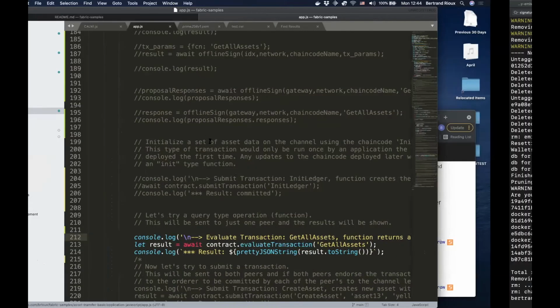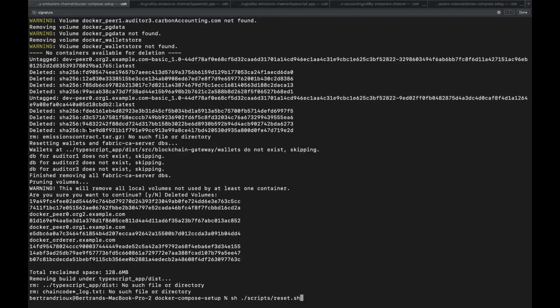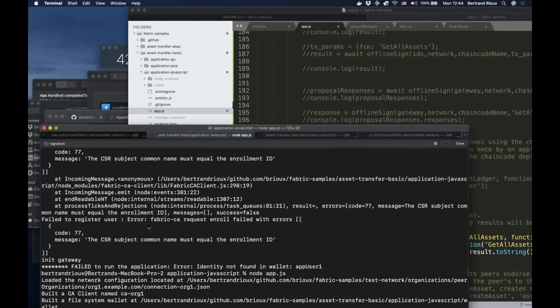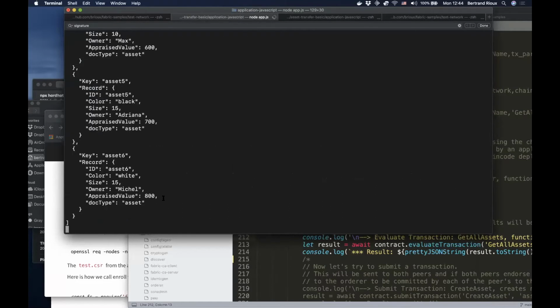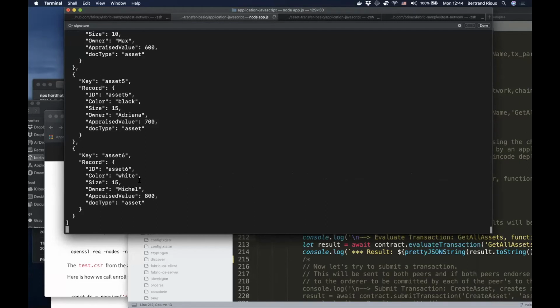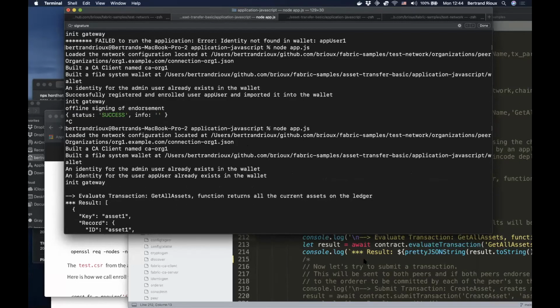So let me go back to the app. Oops. So let's close the app. Yeah. So you can see it's initialized the ledger with all these assets from the original basic transfer app using an offline signature. Now, what I tried to do was implement this same